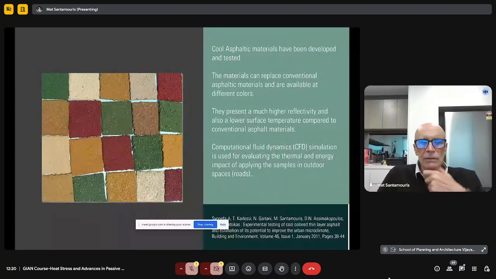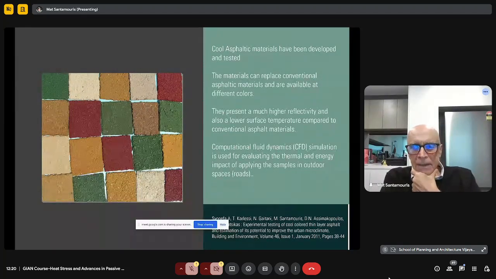However, one of the major issues we have is the use of dark surfaces in streets. And you see what is happening in Los Angeles, where they coat the street. But by coating the street, you have to do it every 1 or 2 years, and you have very important aging. Is it possible to develop cool asphaltic materials which have a lower temperature?